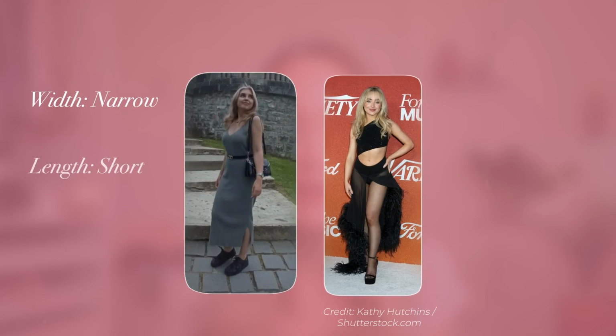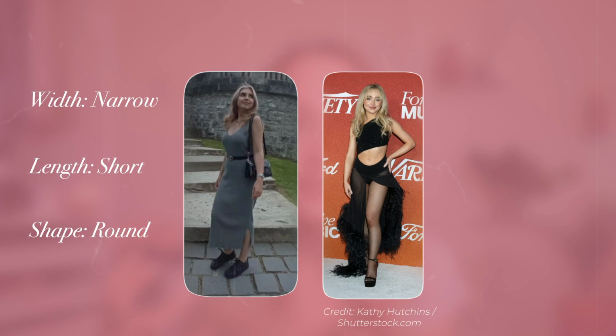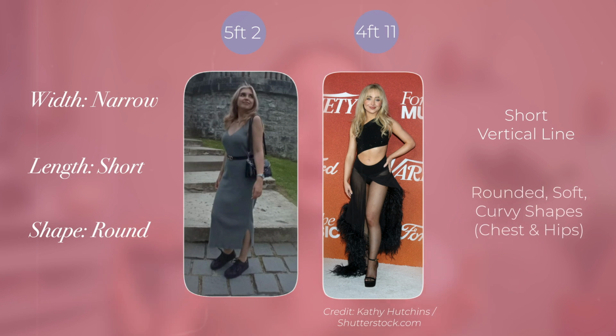And narrow, short, and round, our final type. This type has narrowness in the shoulders and throughout their bone structure generally. They feel like they have quite a delicate bone structure. They have a short vertical line, so they look short and they do tend to be short. And they have rounded shapes in their chest and hips. They feel soft, they feel curvy. This is your romantic, your theatrical romantic, and